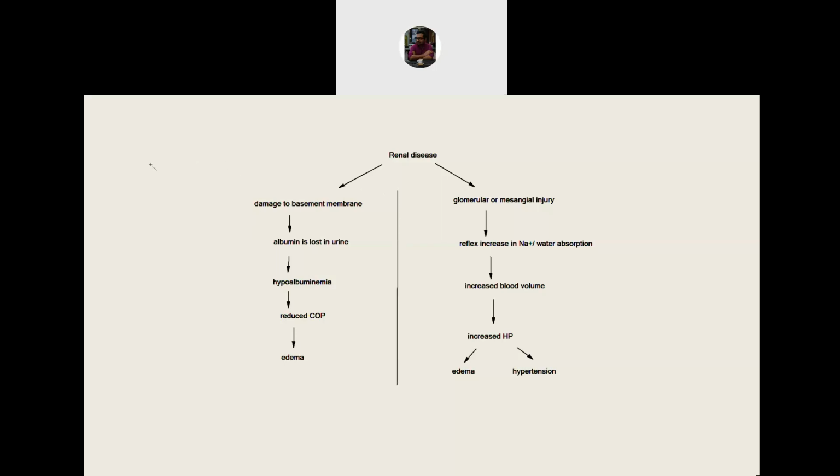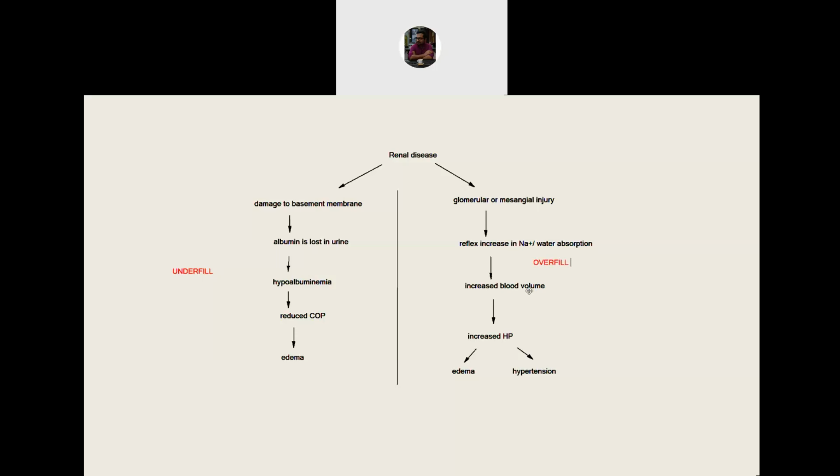But the interesting part is that you can understand that in the first case, as fluid is going outside the body due to reduced colloidal osmotic pressure, the blood vessels are gradually becoming empty. As the blood vessels are becoming empty, this is called the underfill mechanism. Whereas in the second mechanism, as you can also see, that there is increase in the blood volume. So the blood volume is increased, and so blood vessels are filled with blood. And this is known as, therefore, the overfill mechanism.